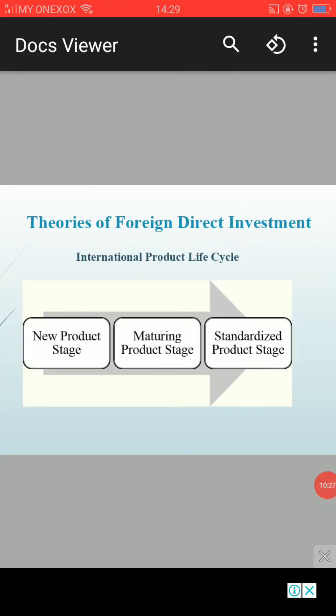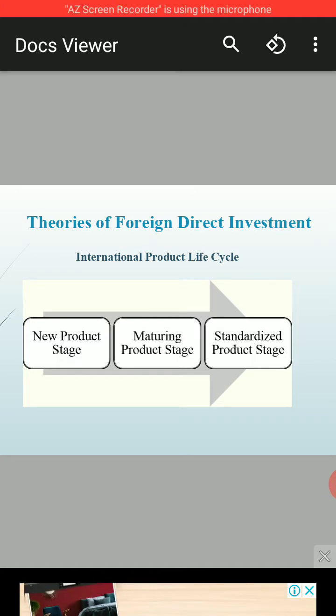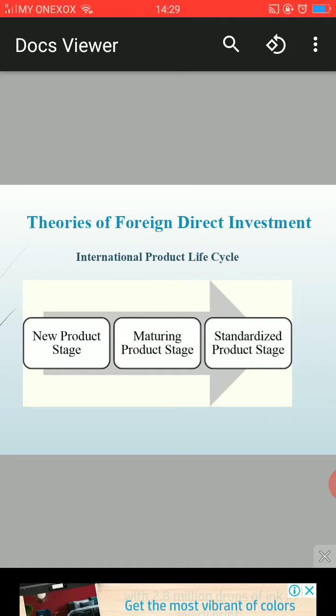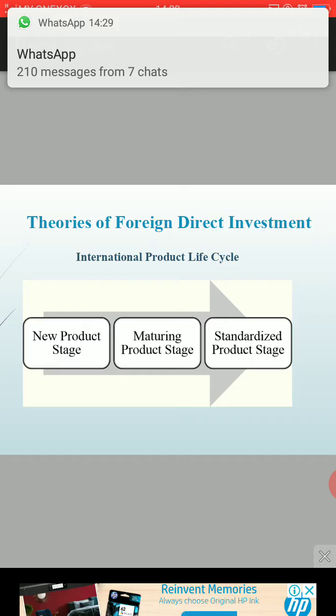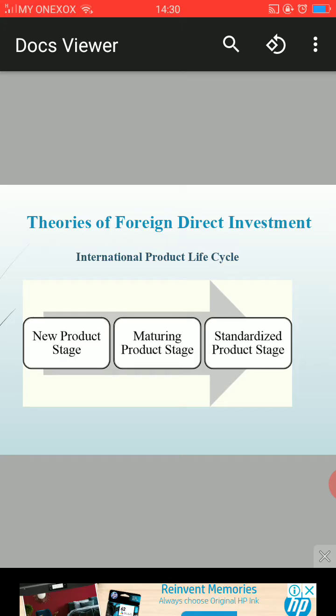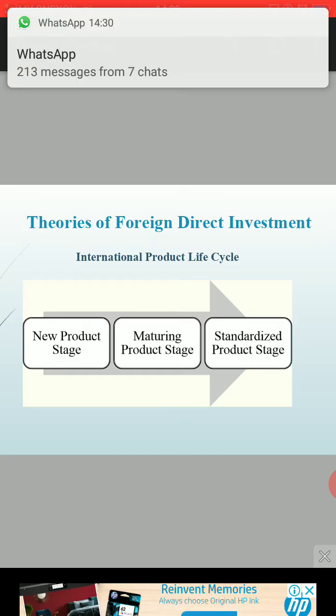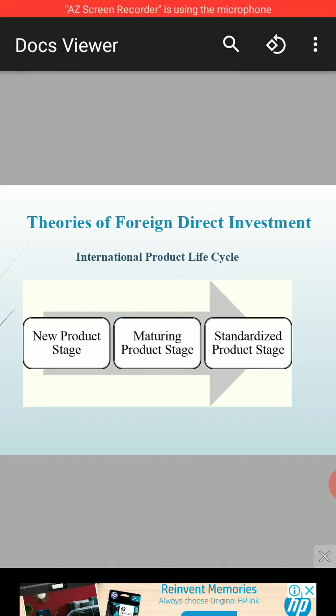Okay, if you can recall the chapter about international trade theory, we learned about Vernon's product life cycle theory. For this topic, we know that it has four stages. What is emphasized here is the stages of the international product life cycle. So we will relate this theory to the motivation for why companies undertake FDI. In the new product stage, like Xerox, a company from the US that produces copiers, they produce in the US market first. Later, in the growth stage, they will export to other countries, which are developed countries.